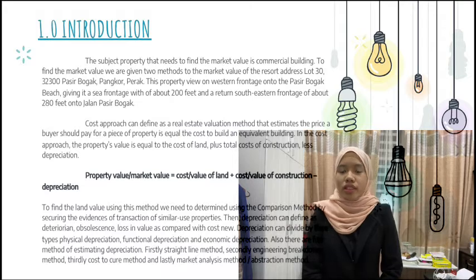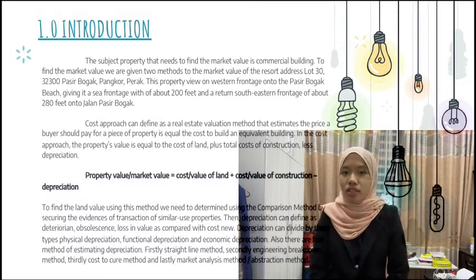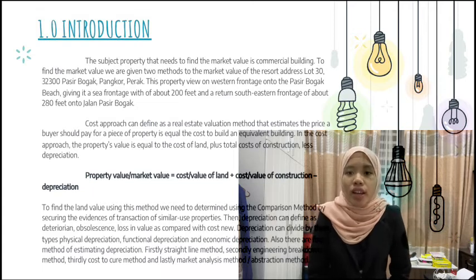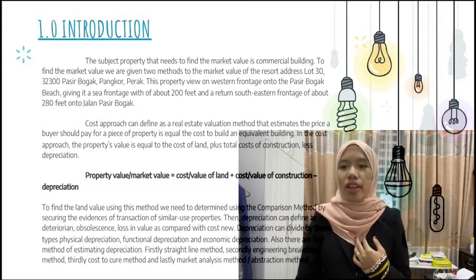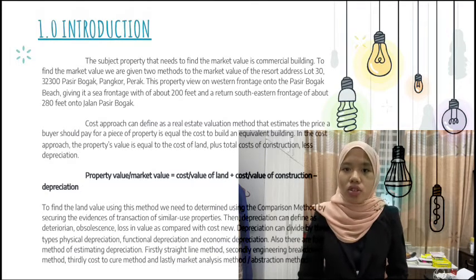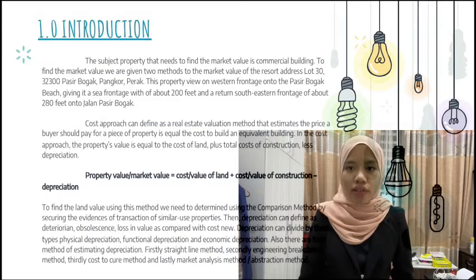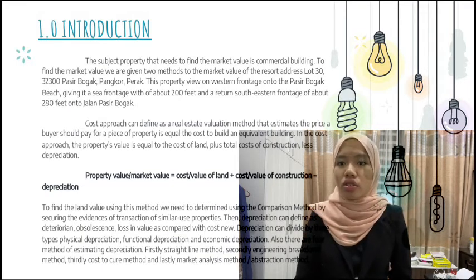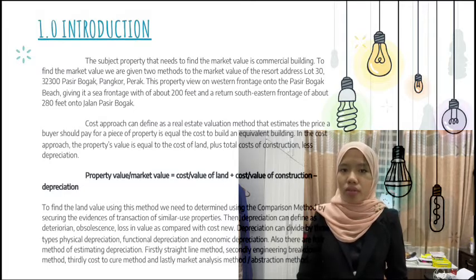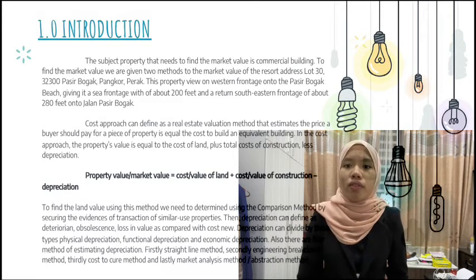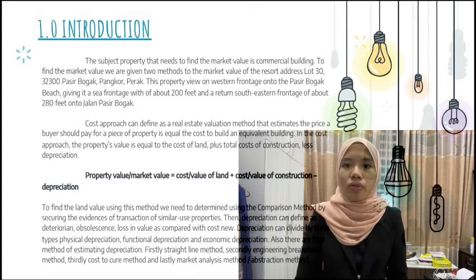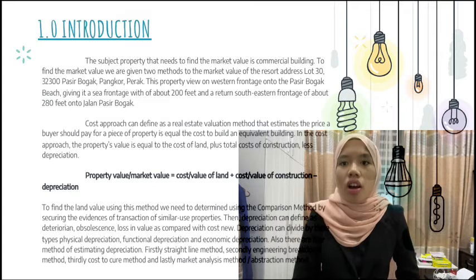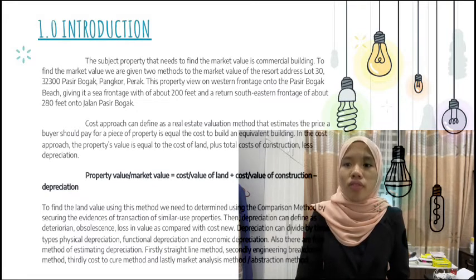So, let me go to the first subtopic, that is introduction. The subject property that needs to find the market value is a commercial building. To find the market value, we are given two methods to get the market value. Address: Lot 30, 32, 300, Pasir Bogak, Pangkor, Perak. This is the property view on the western frontage onto Pasir Bogak beach, giving it a sea frontage of about 200 feet and a return southeastern frontage of about 218 feet onto